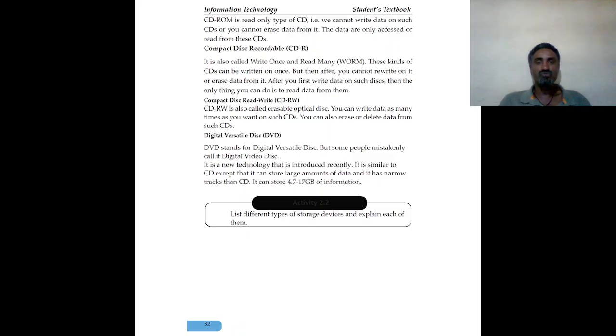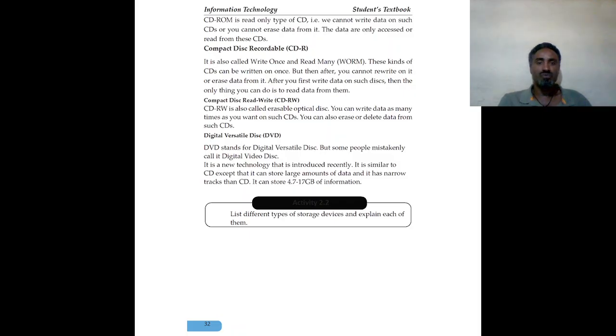They have a file on this type of CD. We cannot write data on such CDs, and we cannot erase data from them. They are already burned, or pit, from the factory. The data can only be accessed or read from these CDs.